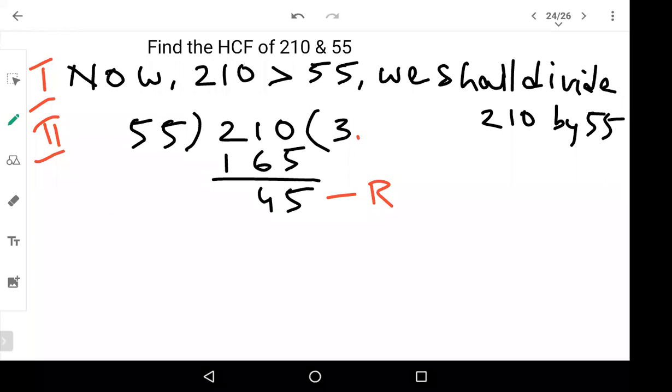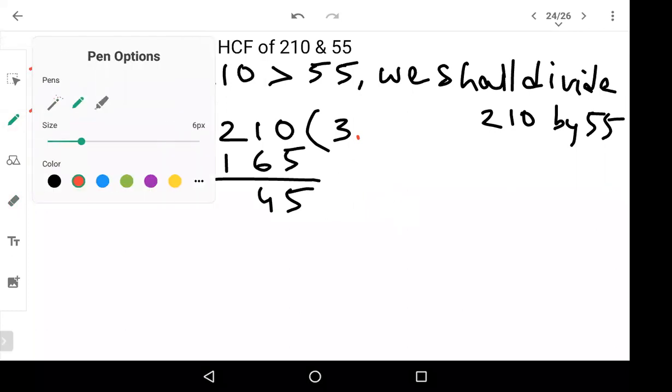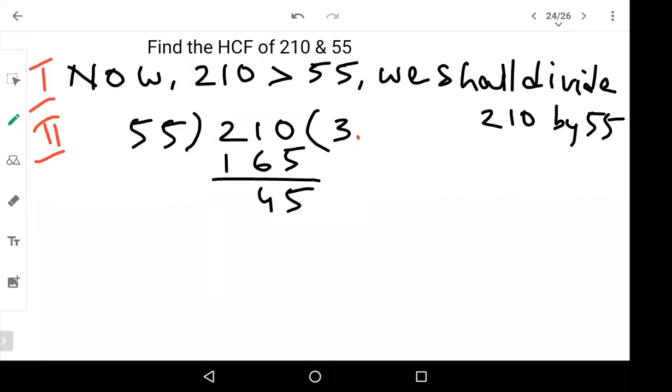Let's continue then. Now, the next step, we are going to follow it up here only. The third step. Now 45 we have got. Now 45, we will make it the divisor, and the dividend will be 55. This 55, whatever was there, is going to come here as the dividend. Aishu, 3.8181 I cannot take. Decimal points cannot be taken directly. We are only going to take whole numbers.